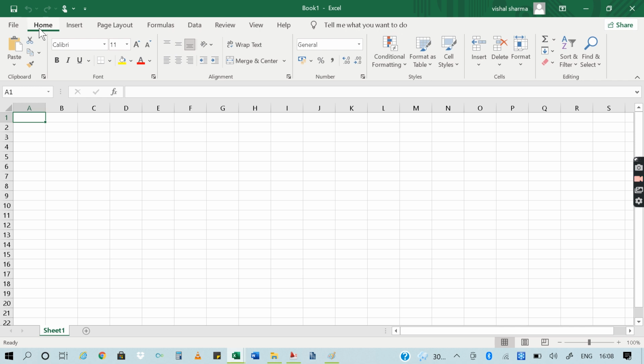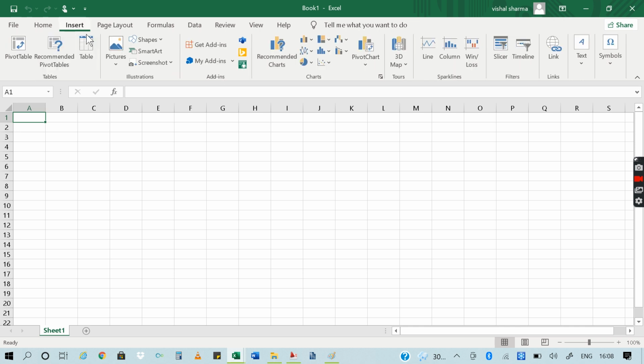Now if you can see the home tab, it has some ribbons like clipboard, font, alignment, number, styles, cells, editing. Okay, so basically you can see that font and clipboard sections are same, and you can see a little bit of change in alignment, number, style, cells, editing. These are the new groups that have been added in the MS Excel page. Now you can see that in the insert tab again there are some changes. Some things are common in every application of the office package and some things have been changed.